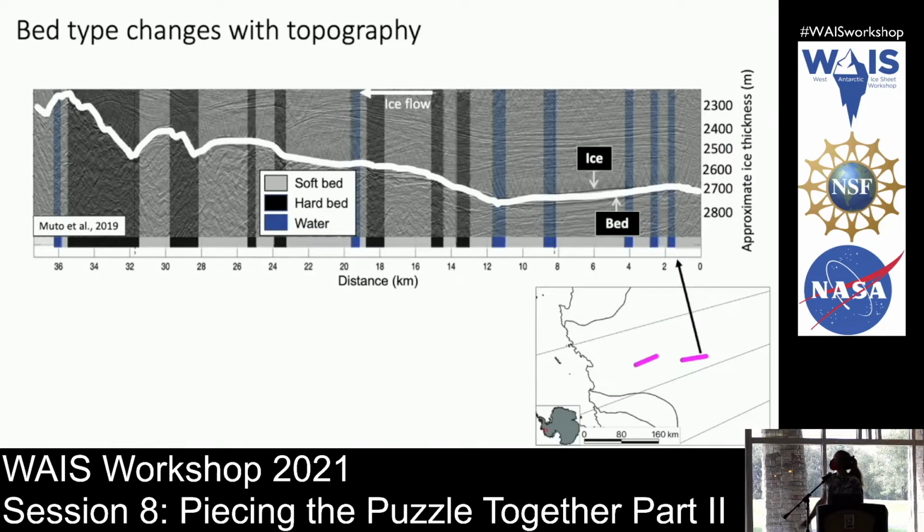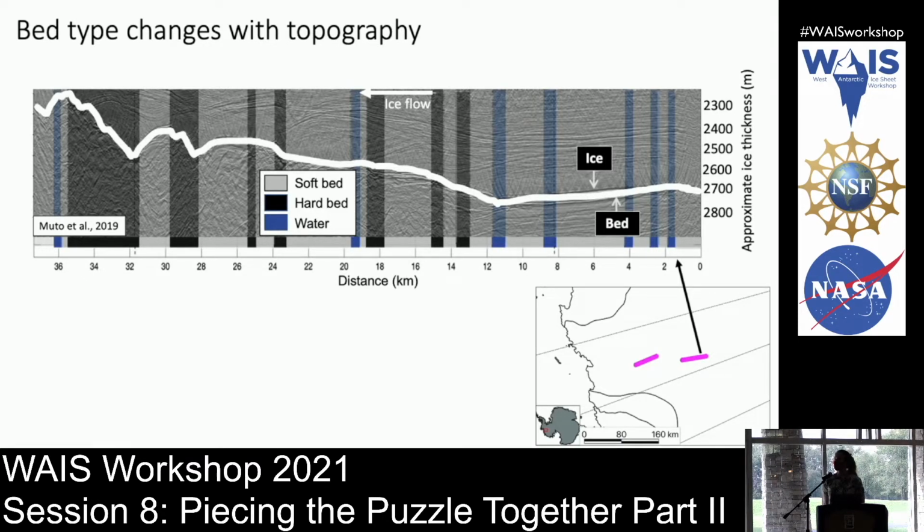So the bed of Thwaites has a number of bedrock ridges and troughs, and we can see one of these ridges on the left and troughs on the right over this 38-kilometer profile. What this profile is showing is the type of bed found at the base of the glacier from acoustic impedance measurements. So the bed can be classified in two ways. We've got soft bed, which is when the material underneath the ice does deform. That's typically when we have a layer of sediment between the ice and the basement rock. And then we have hard bed, where the material underneath the ice does not deform, so that's typically where the